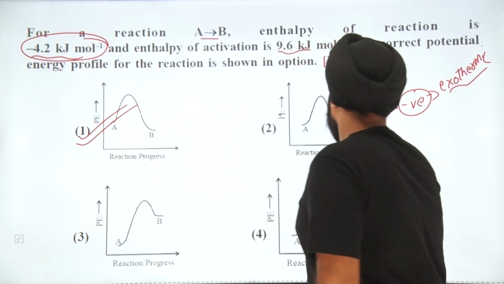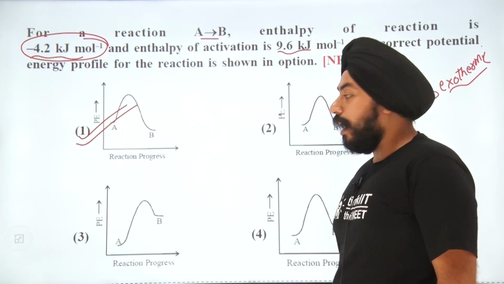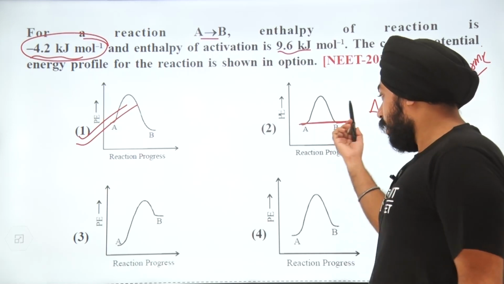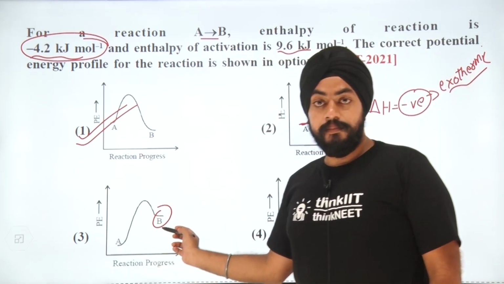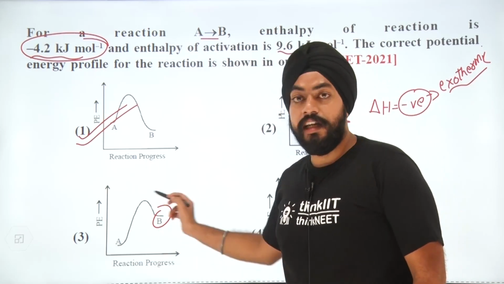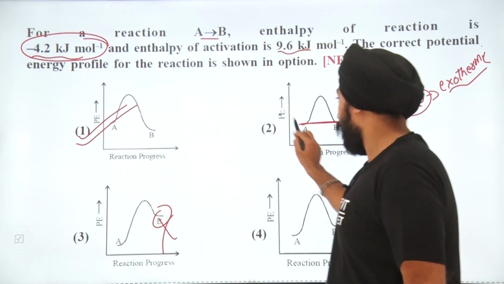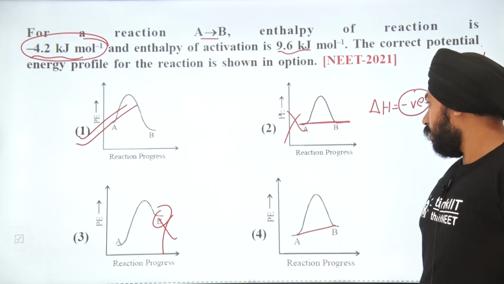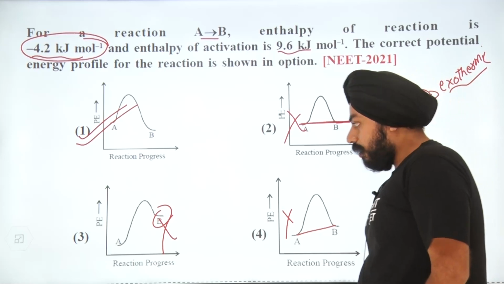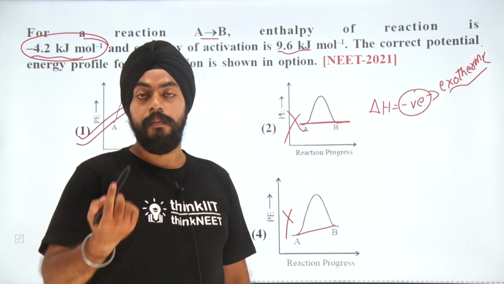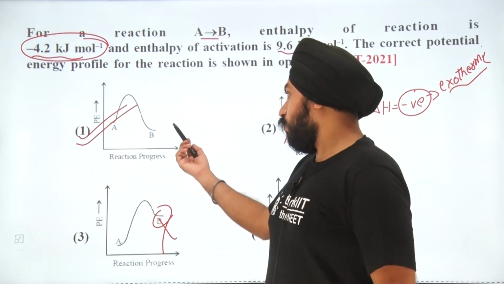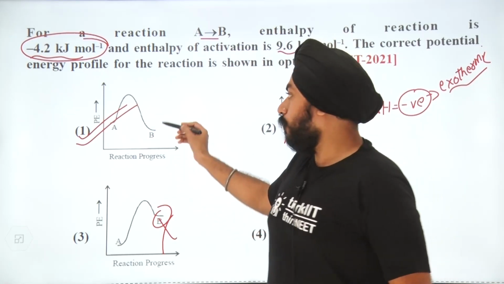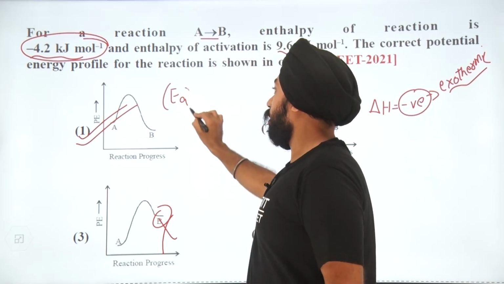In this particular case, the energy of the product is greater, or we might say that it is approximately equal, right? In this particular case the product's energy is greater, so actually it is for the endothermic, so it won't be the answer, neither will this be the answer. Okay, and in this particular case again the energy of the product is greater, it cannot be the answer. So we are only left with option number 1. And in this you can just see that the forward activation energy is lesser than that of the backward activation energy. So this is also satisfying the given condition.